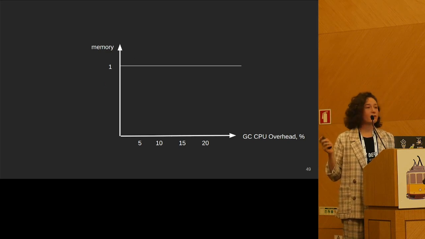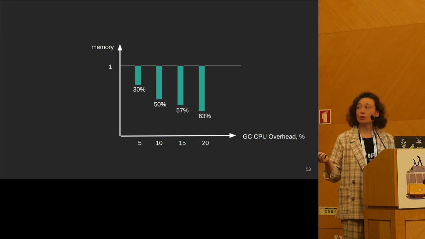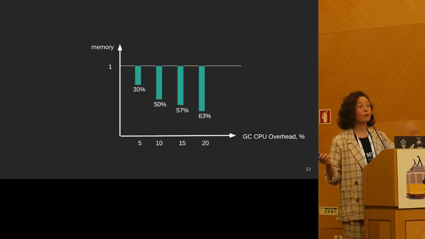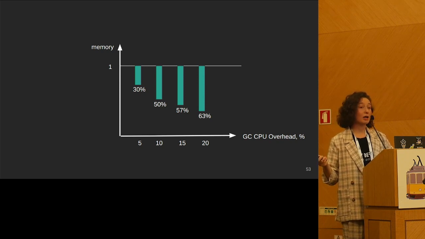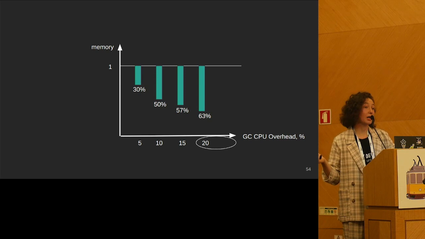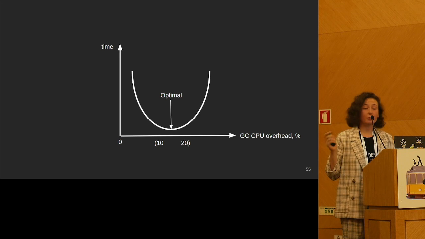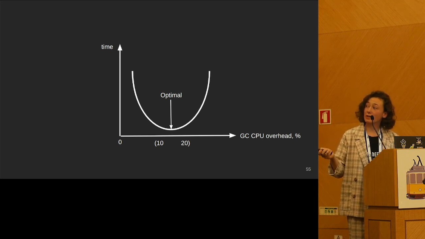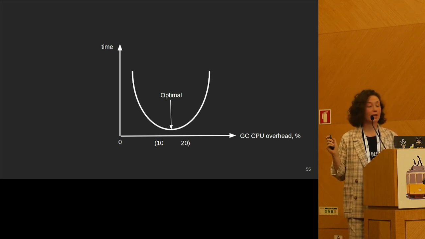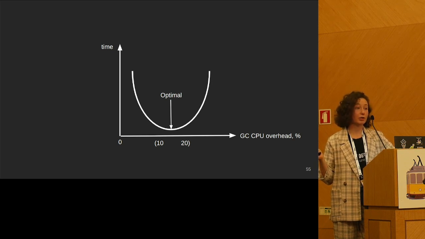Memory just follows a very nice pattern. It just goes down, down, down, down. And it makes sense because the more resources you give to your GC, the more often you can clean your memory, therefore the less memory you need to use. And here, if you optimize for memory, you can go with really high GC CPU overheads. So if you optimize for execution time, it seems that this range is good. It is very similar to energy because for ZGC specifically, there is a very high correlation between execution time and